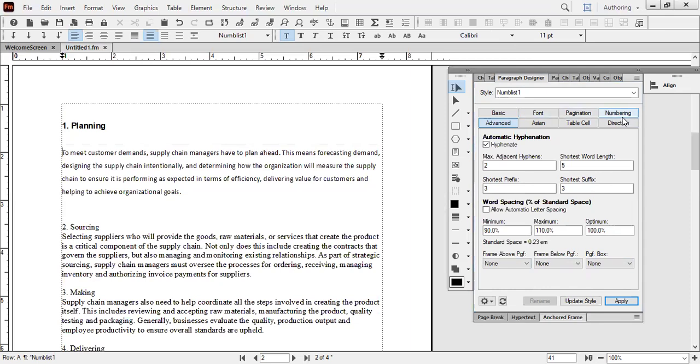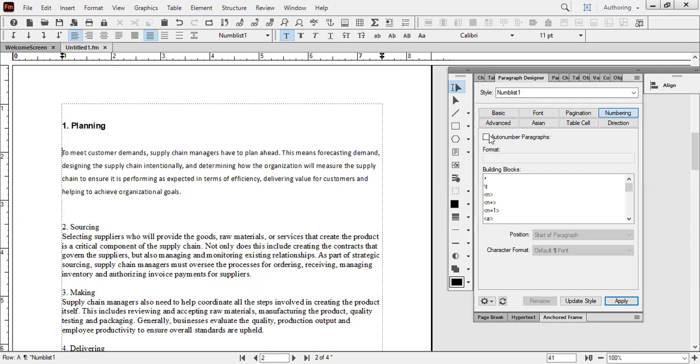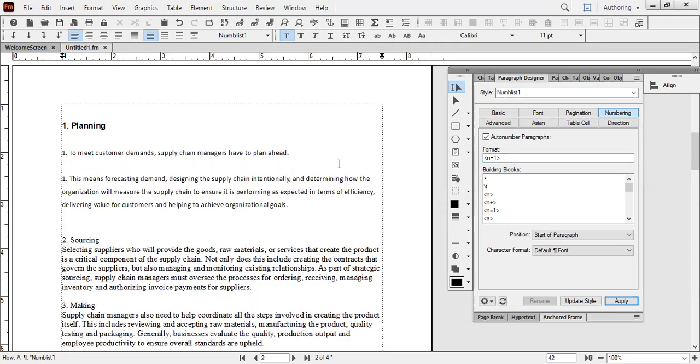Now come to numbering. Automatic number. N is equal to 1. Period and the space. Click apply. So you can see it has become 1 here. Now when I click on this, this is also 1. So I need to make this 2. So I have to give